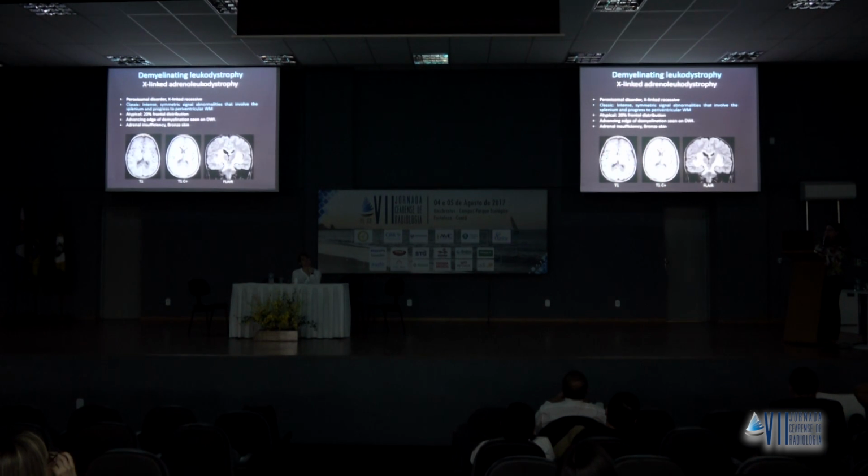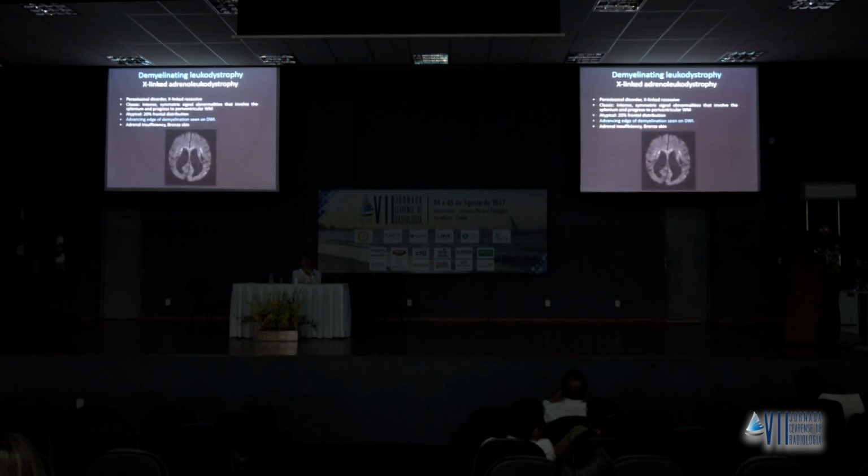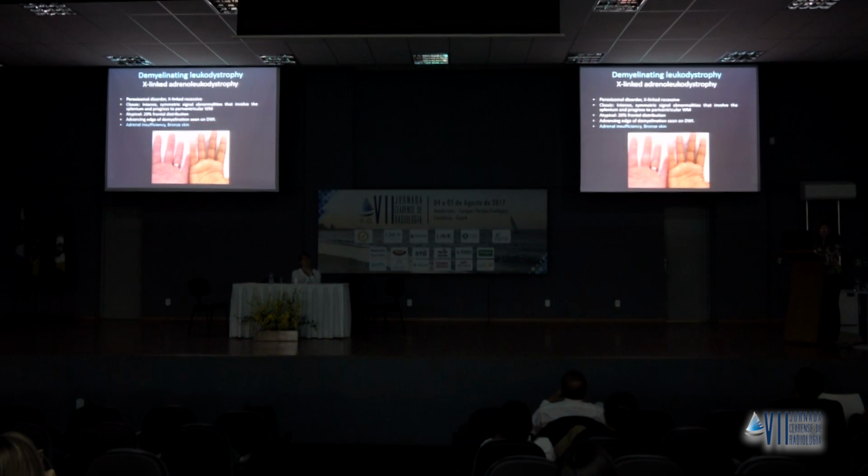You can have enhancement around the edge of that demyelination, and they typically occur posteriorly. There is an atypical form that can present in 20% of the cases where the abnormality is in a frontal distribution. Diffusion imaging can be helpful. It can show us an advancing edge of diffusion restriction,